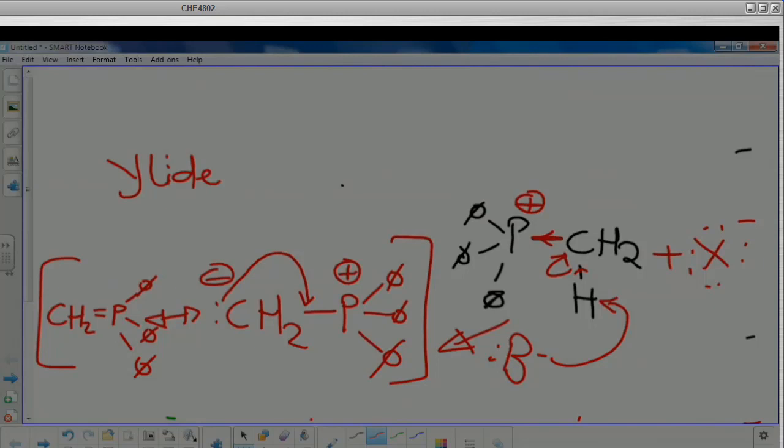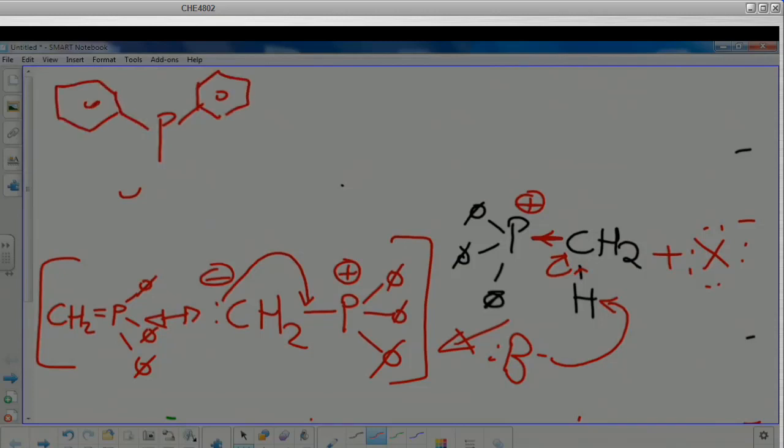Did you hear what I'm saying? It's a species with adjacent opposite charges. It's resonance stabilized, in square brackets, and it's neutral because it has a zero net charge. Those are the ylides of phosphorus. And these ylides of phosphorus are generated from a primary alkyl halide. I had written, remember I removed secondary, primary. This is a very bulky molecule.